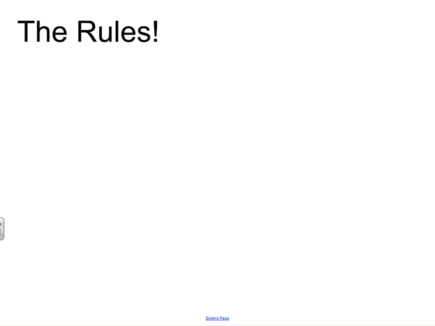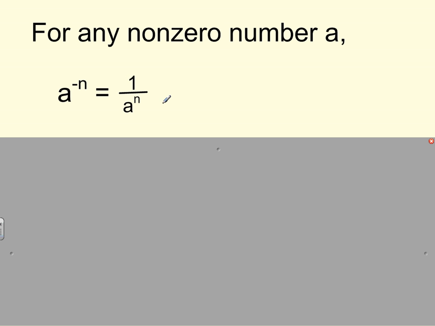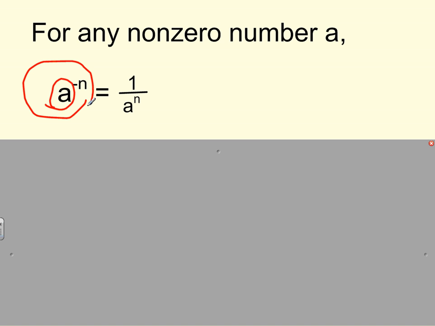So we can say that certain rules exist for negative exponents. I'm just skipping around, guys, here to make the video a little bit shorter for you. So for any non-zero number a, so as long as your base isn't 0, if we have a to the negative n, we can say that's just 1 over a to the n. This negative exponent tells us that we have to take our original power and put it down to the bottom